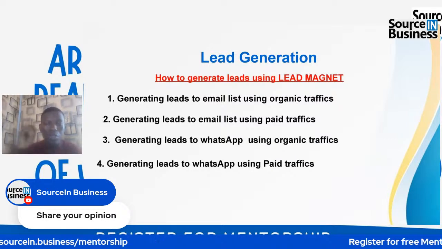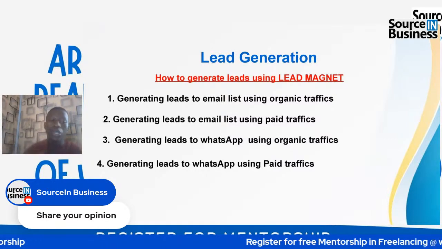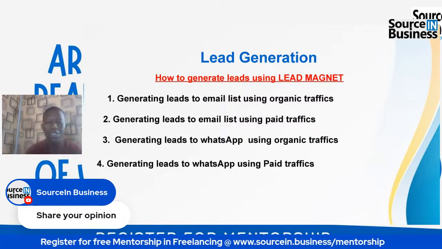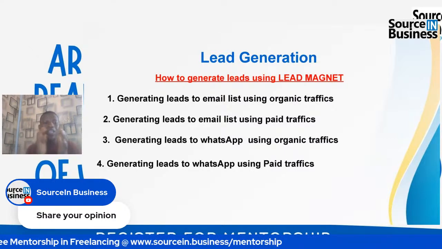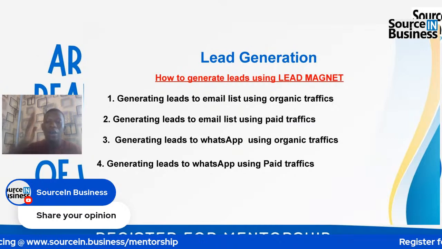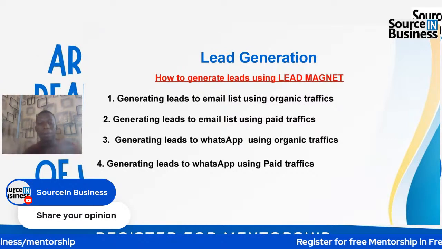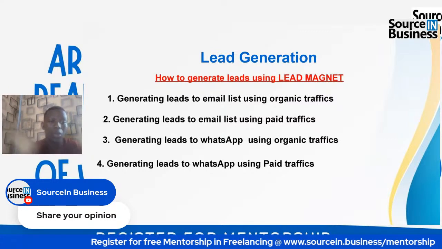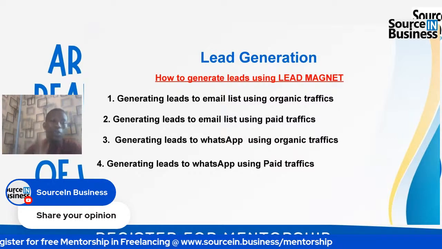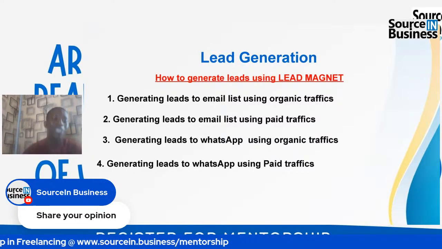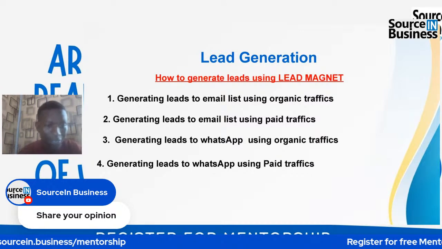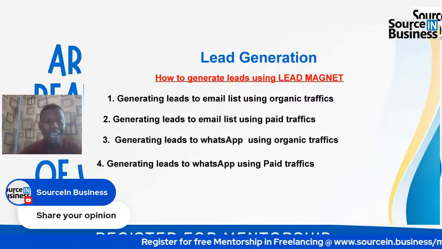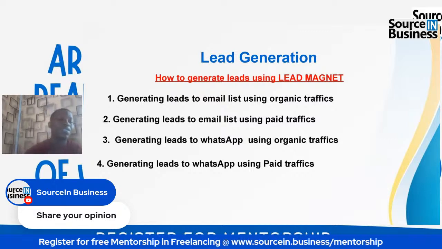You understand? You are going to advertise your lead magnets on their status, and the destination is going to be your what? Your WhatsApp link. You understand what that means? That means if the influencer is able to put up the offer, like the lead magnet, on his or her status, and you put your link there, people will be coming to your WhatsApp DM to request for it. And once they come to your WhatsApp DM, the first thing is for them to save your contact, and you save theirs, and that means you are building leads already. All right. So that is that for generating leads using influencers.